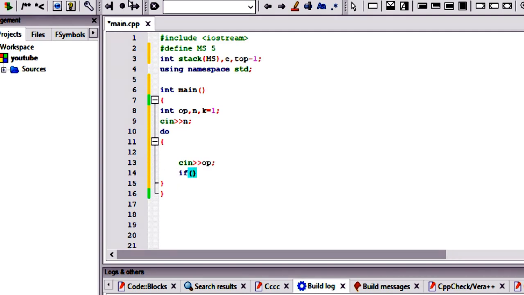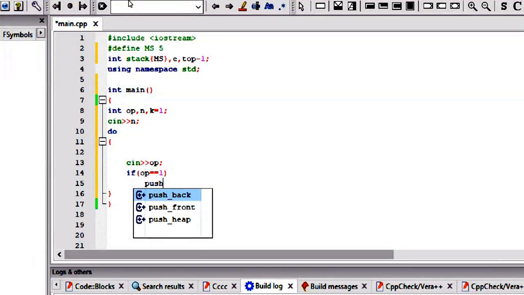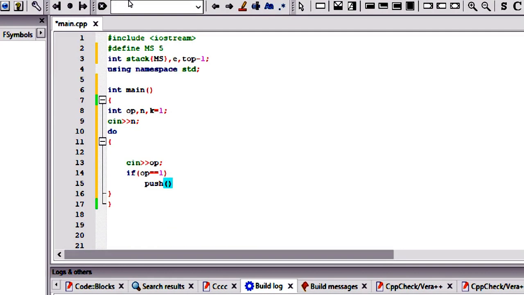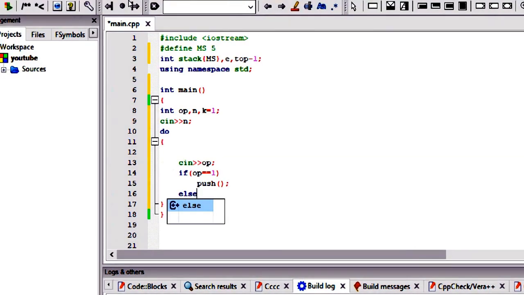If operation is equal to 1, op is equal to 1, we have to call push. Else if op is equal to 2, then we have to call the pop function for the stack.